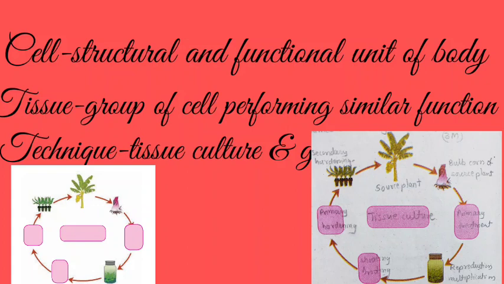By these techniques the saplings are able to adjust with the surrounding. Maybe any surrounding, maybe any criteria, maybe scarcity of water, maybe the scarcity of some of the nutrients in the soil. It can be anything. So by using this tissue culture we can make this type of plants. These plants can adjust in the required surrounding. Now all these things are possible because of the study of the cell.